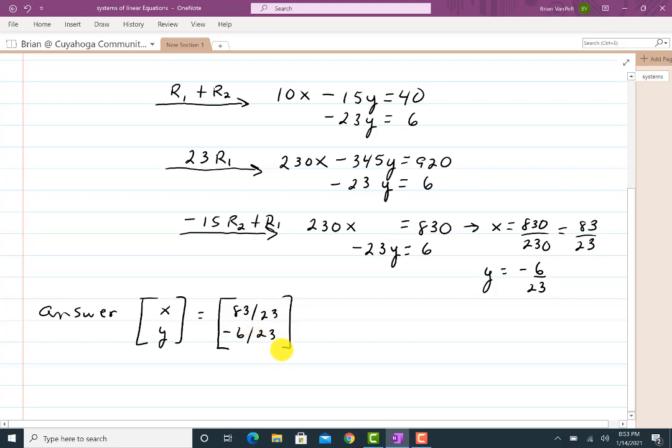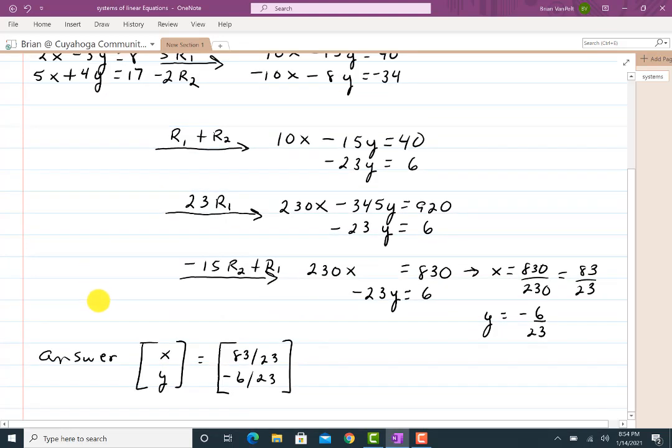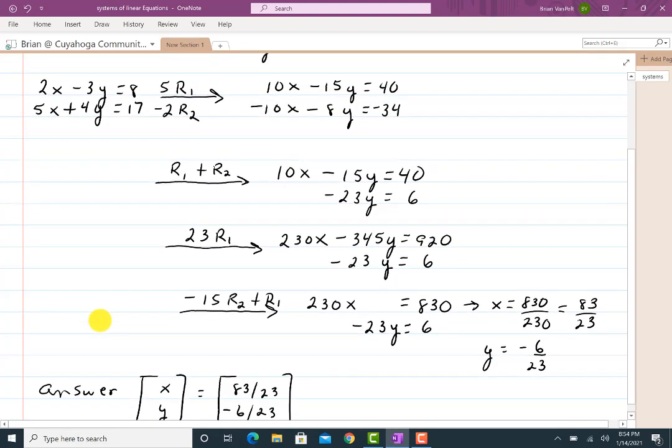So when you write your answer, it's in what's called a vector format. In fact, the items that we'll be dealing with quite often in this course will be vectors. And so let's go and take a look at this same problem, but I'm going to do it using something called matrix